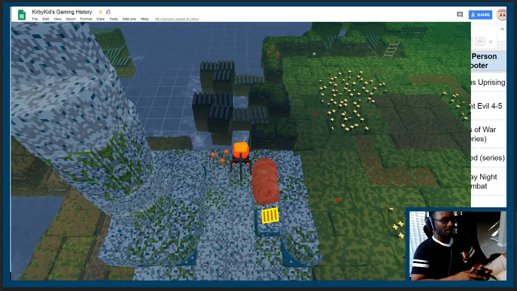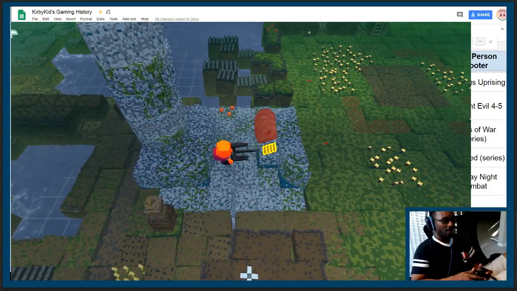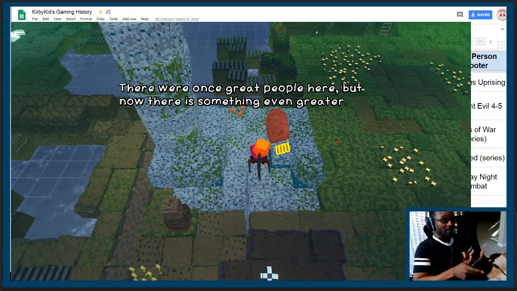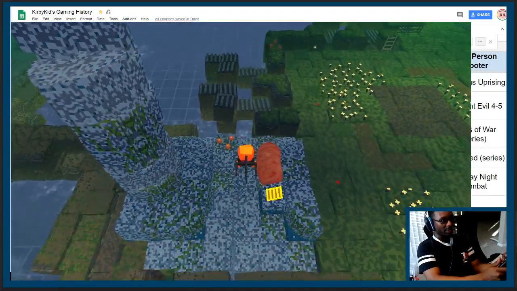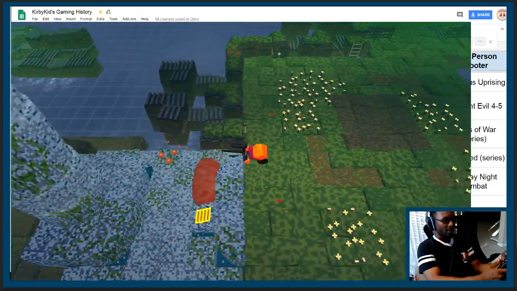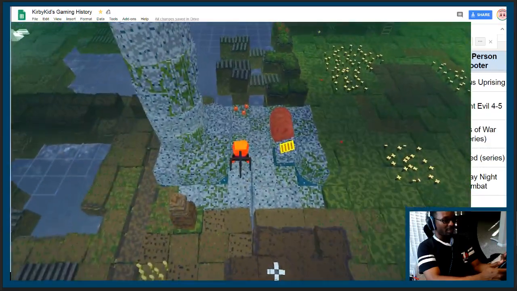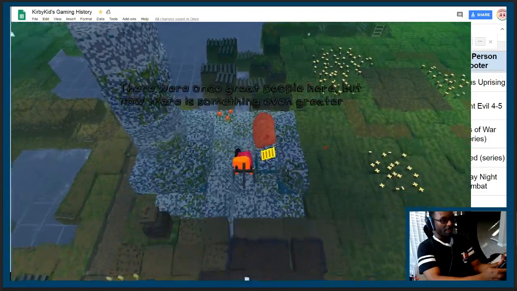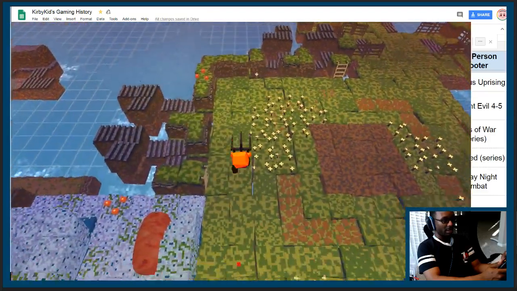Likewise. What am I doing? What does this say? There were once a great people here, but now there's something even greater. Turning people into sausages? I don't know the trick. I don't even know how to reset this, so maybe... I can't get that unless I...